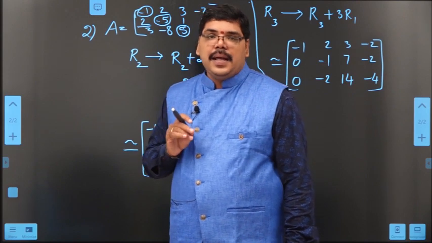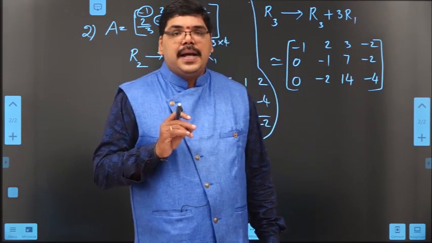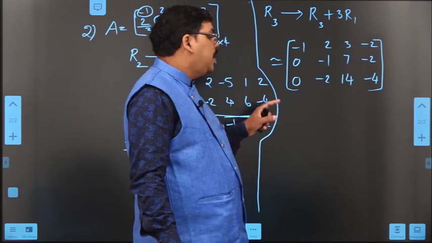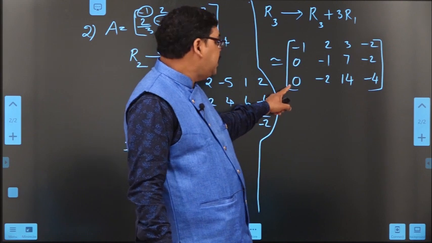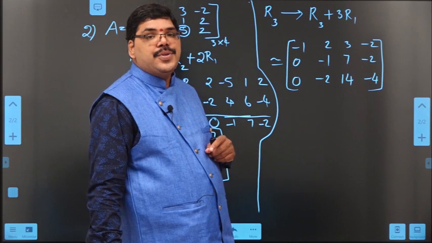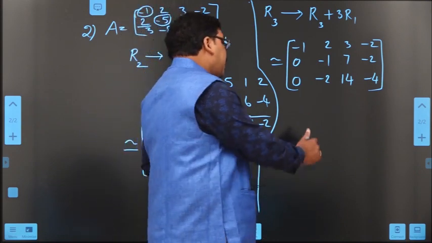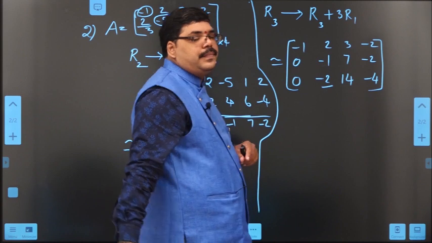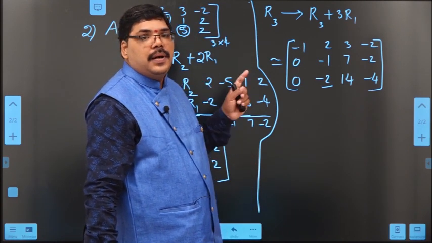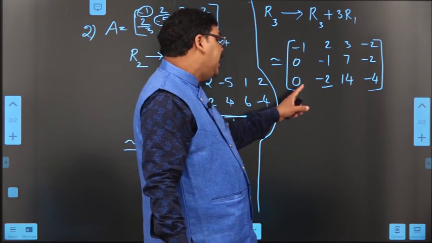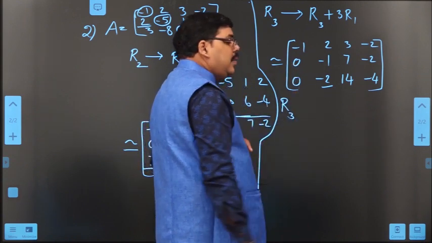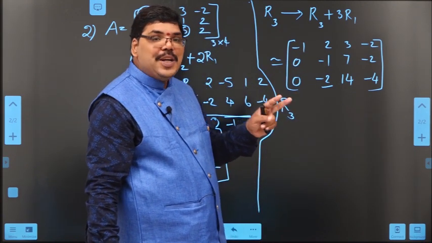After applying the second row operation, the matrix here reduced into this form. In this form, if you see, this element became 0, this element became 0. What else we have to do? We have to reduce one more element into 0. What is that? This is in the second position of that particular row. What element do I want to reduce into 0? It is in R3. So I am going to change R3, and this is in the second position.